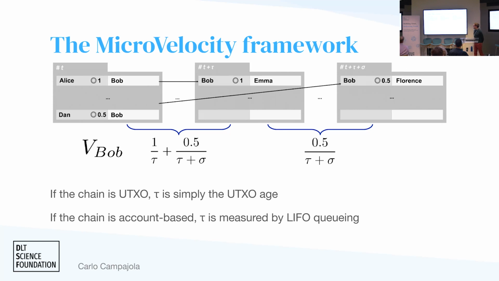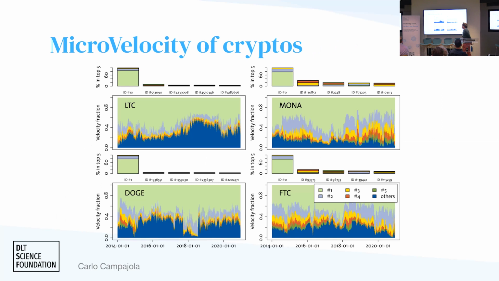And in particular, what we did is using LIFO queuing, so last in, first out. So this is economically speaking sound, because you typically have a part of your money, which is your savings that you never touch, and then you have your disposable income that every month comes in and you spend right away. So that's the last in and first out that you have. Right, so let's look at some results just to move things a bit.